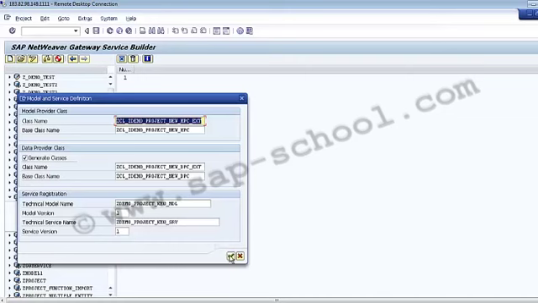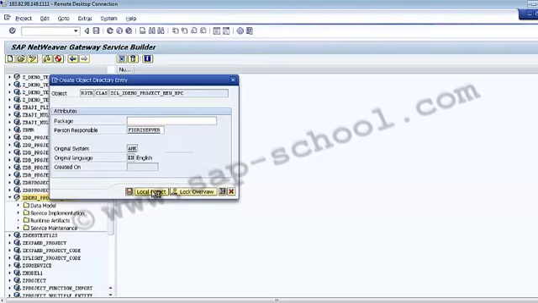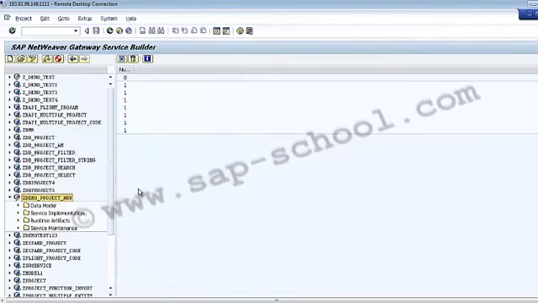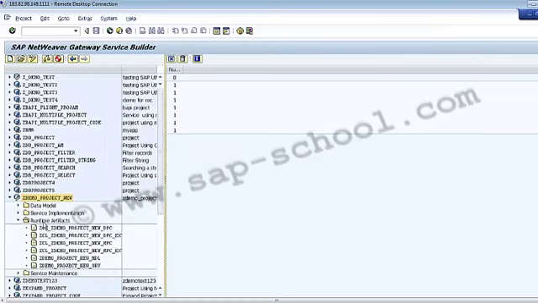After that we have to click on the tick mark. Then we have to choose the package, so we'll use this local object, and it will create the runtime artifacts for us. Now if we go to this runtime artifacts folder, I will be able to see all these classes generated under my runtime artifacts folder. So now let's go back to the PPT.